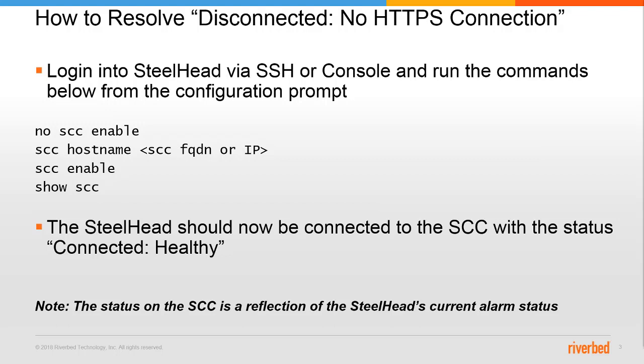To resolve the disconnected no HTTPS connection on the SCC, you'll have to log into the Steelhead via SSH or console and run the following commands: no SCC enable, SCC hostname, SCC FQDN or IP, then SCC enable. After doing so, you can run the command show SCC on the Steelhead to view the connection status from the